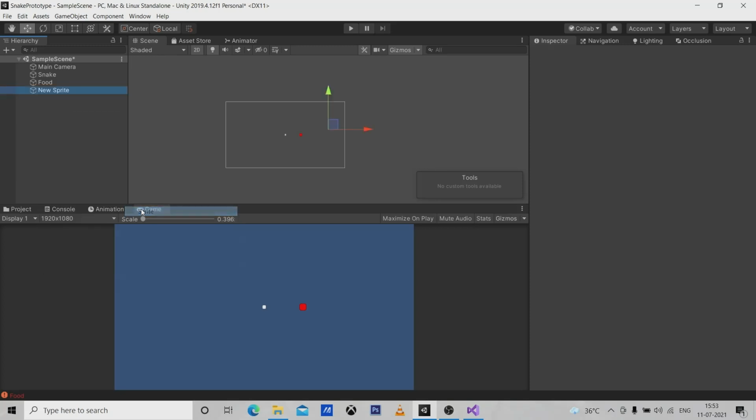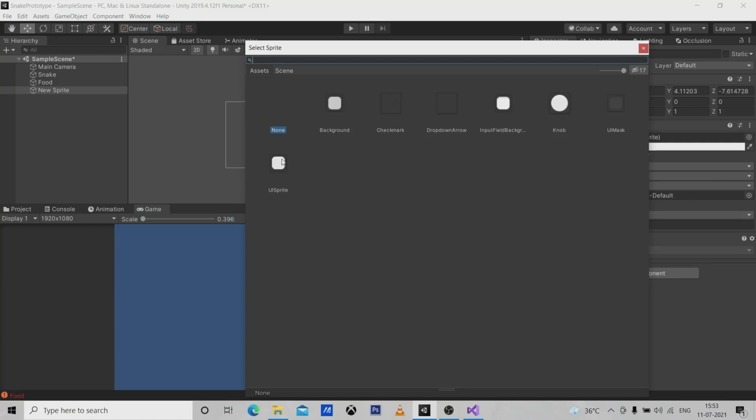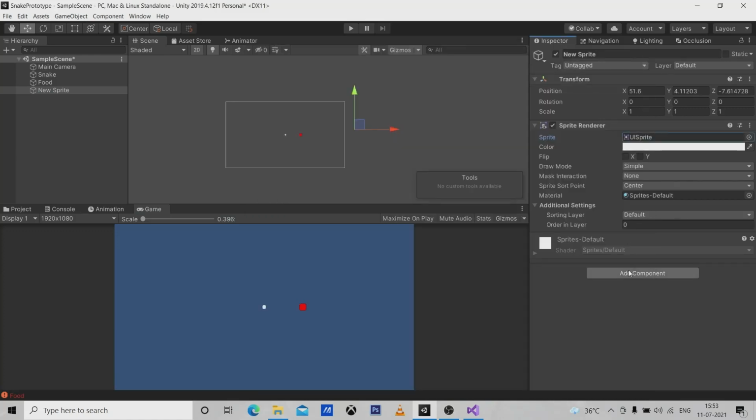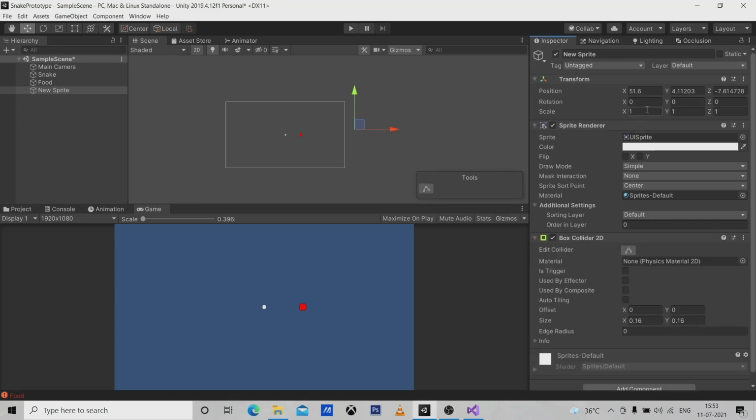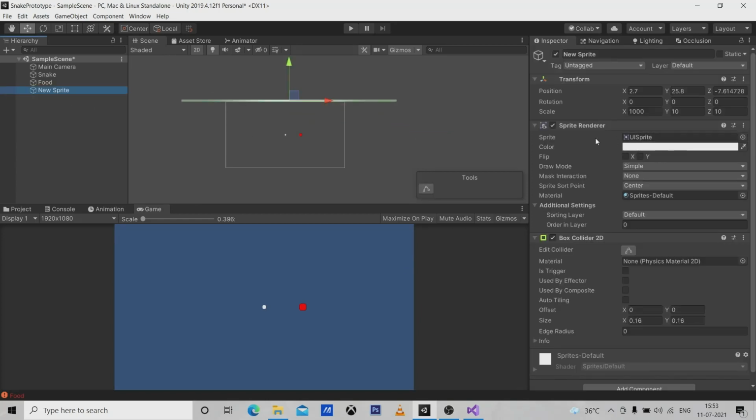So go to 2D sprite, UI script, and then use the box collider. Okay, 2D. Like this, put it here, turn off the sprite render,